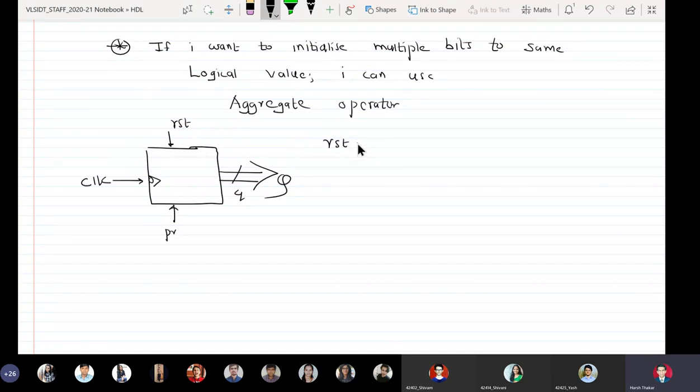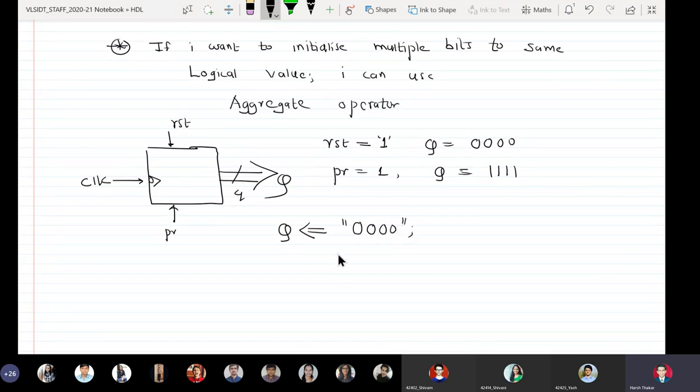If reset comes as 1, then my Q should be equal to 0 0 0 0, and if preset comes to be 1, then my Q should be initialized to 1 1 1 1. Okay, so one way of doing this is that in VHDL you write down Q is assigned 0 0 0 0, or else if you want to preset the counter, you will write Q is assigned 1 1 1 1.